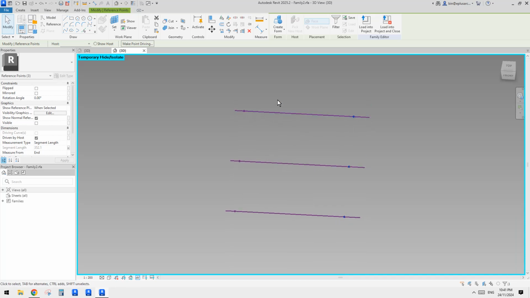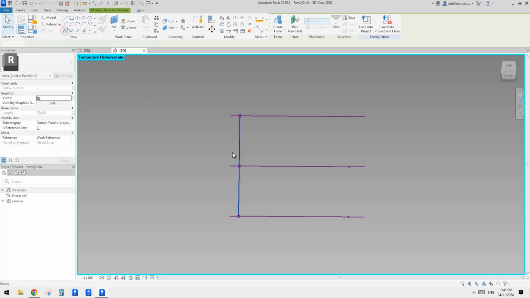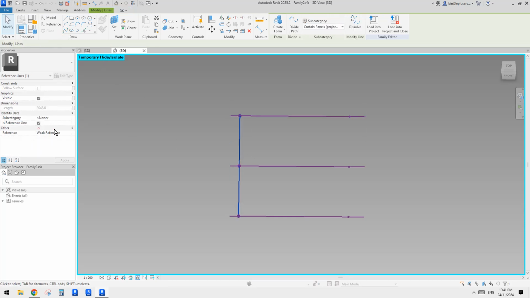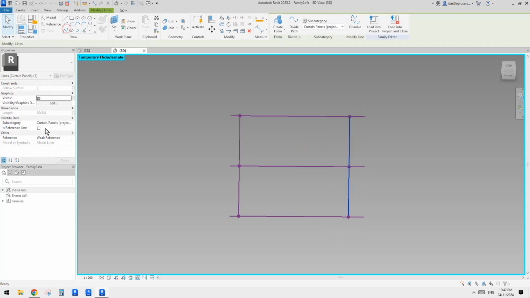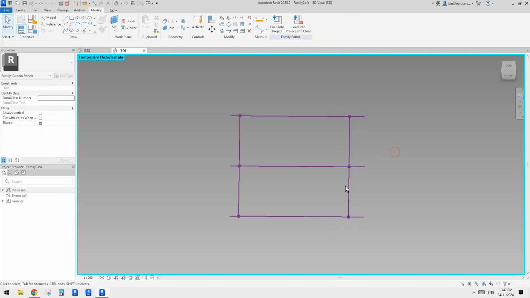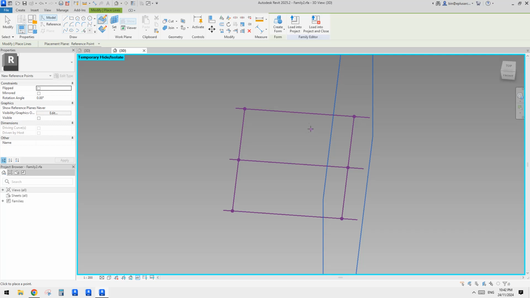So how about this side? It's also quite simple as well. So we can create a spline through points, use these 3 points we just placed, and also another spline through points, and make a reference line, and then we have these 2, right? And also because eventually we will need to create another curved line, so we need another one in the middle. So let's place a point, draw on face, and place on midpoint of these 3 reference line, and then